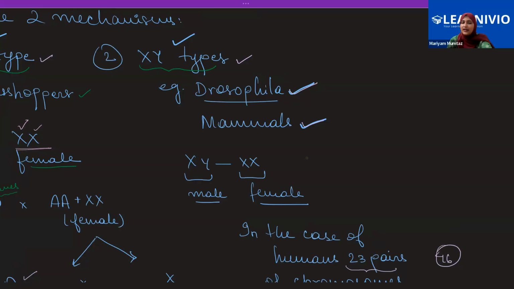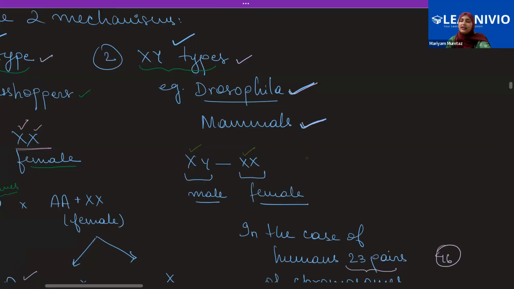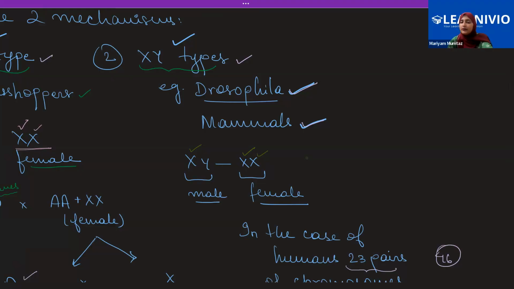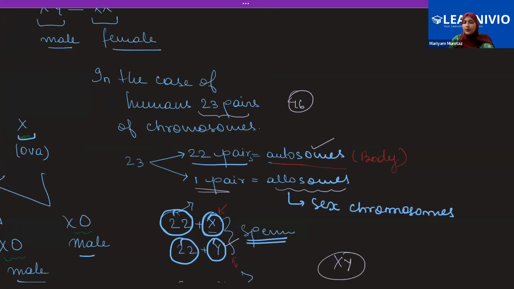So when the X of the male combines with the X of the female, the offspring is female. When the X of the male combines with the X of the female, again female. But when the Y of the male combines with the X chromosome of the female, then that results into a boy child. So in the case of humans, 23 pairs of chromosomes are present, out of which 22 pairs are